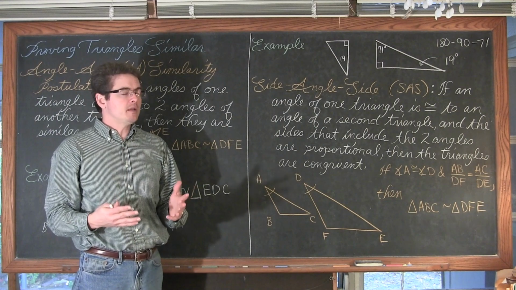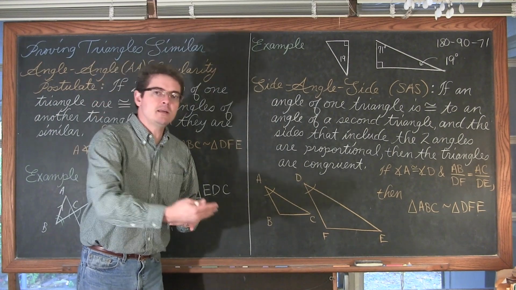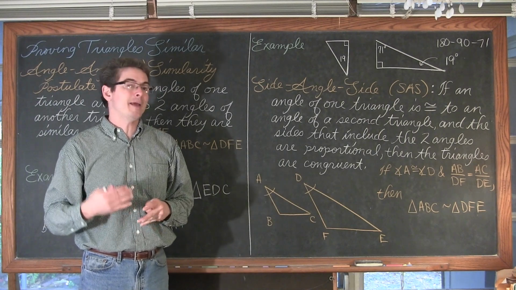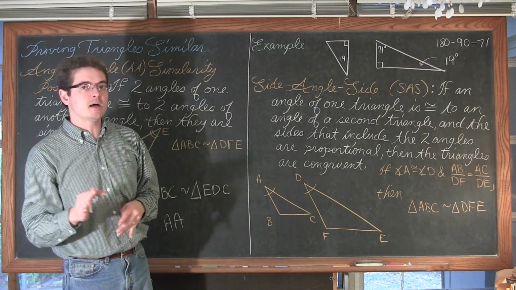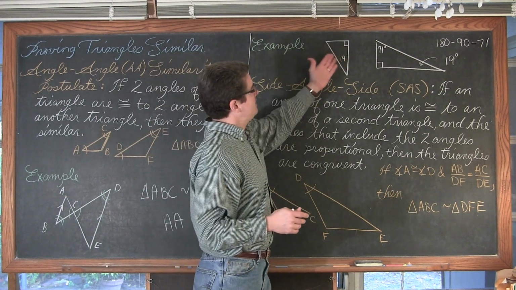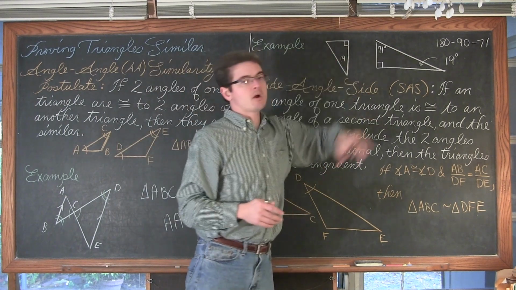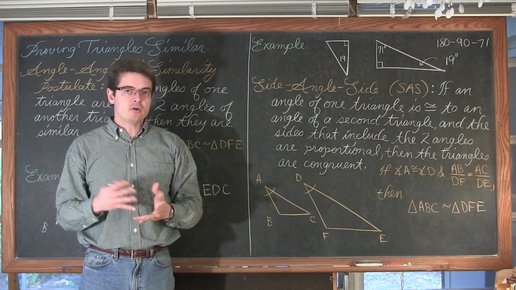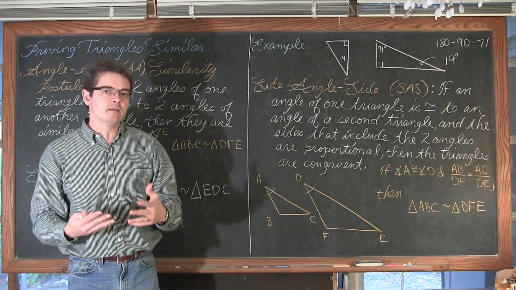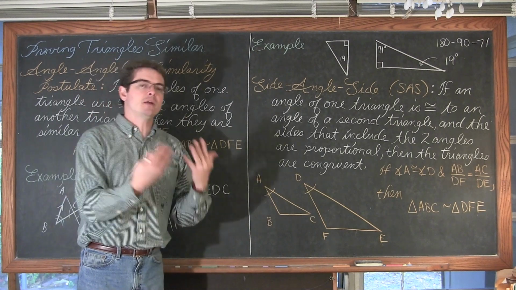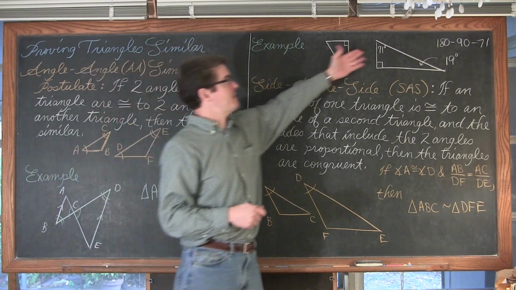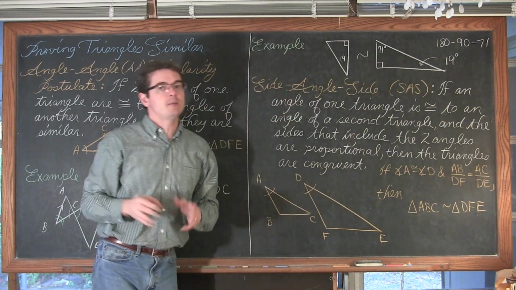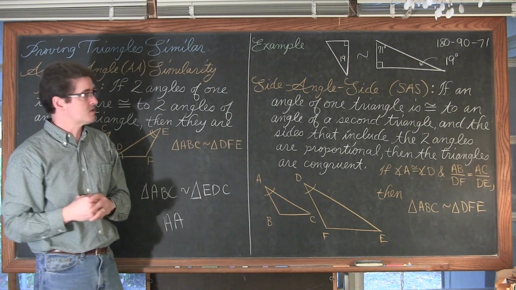Now, let's not forget that congruent is a form of similarity. All you need for two triangles to be similar is that they're the same shape and may vary in size. I don't have any marks on the lengths of these triangles. I've drawn them to look like they're a different size, but you can never trust the scale of a drawing. You can only trust the information given to you in that diagram. So these triangles may very well be exactly the same size, but I do know they're the same shape, and that's why they're similar due to the AA postulate.